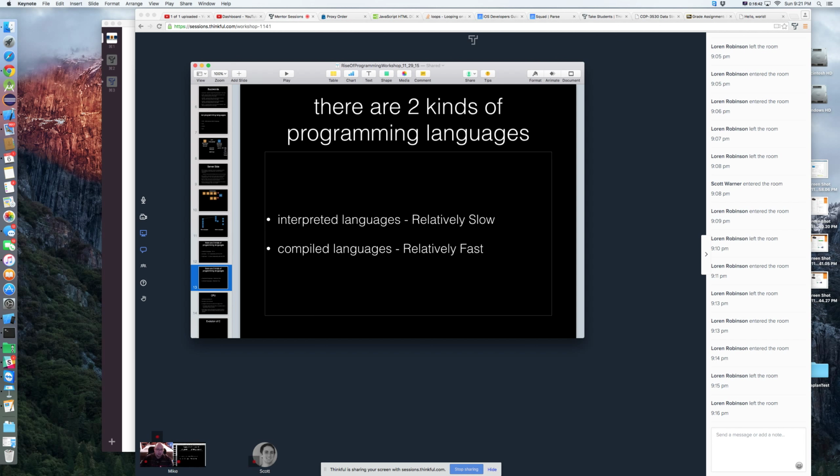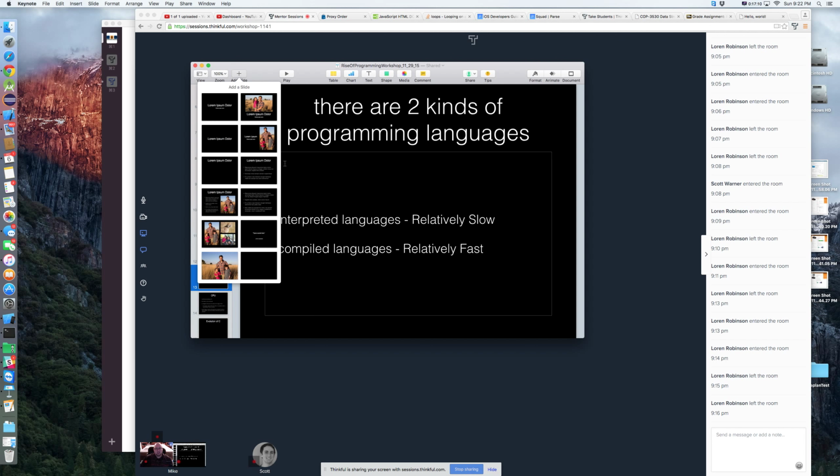Okay? Now then you have your compiled languages, which are relatively fast. We mainly use these for video games and that kind of stuff, where our interpreted languages are plenty fast for business applications or websites and things like this. Compiled languages are also for operating systems. So anytime a program really does have to be very, very fast and giving up any performance isn't acceptable, we would use a compiled language. Otherwise, we'd use an interpreted language.